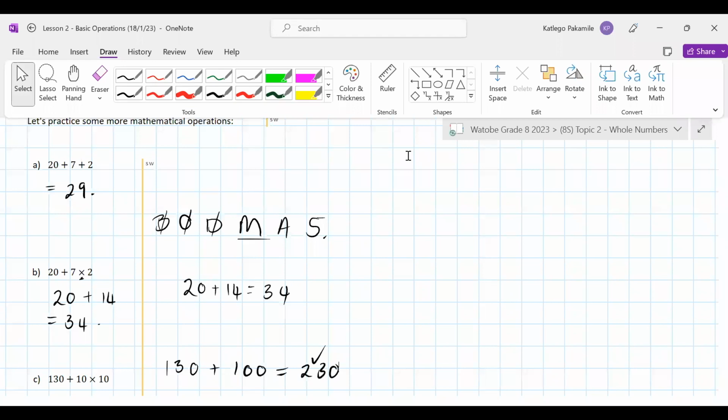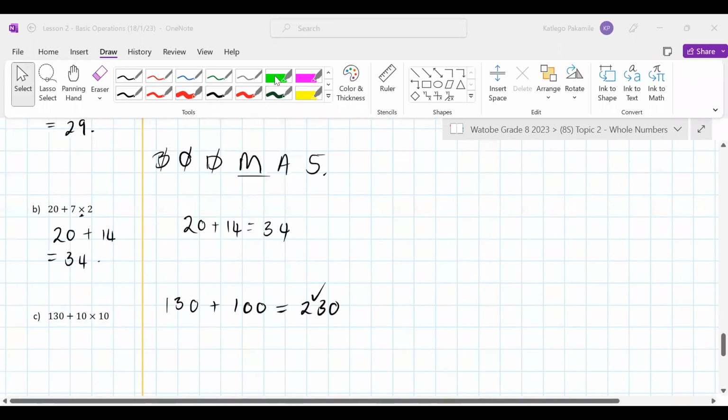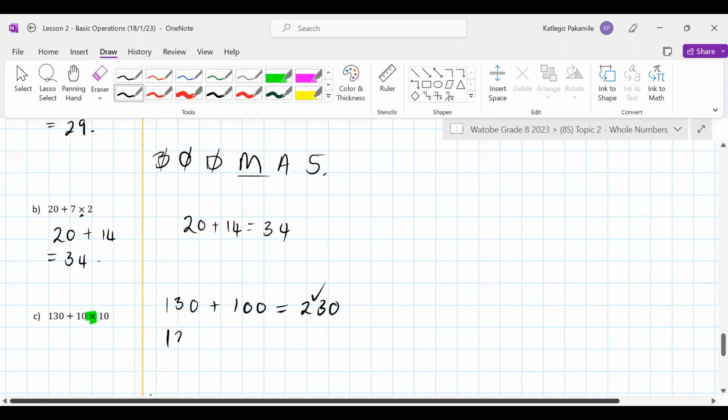Everyone who got 1,400 made the same mistake. Remember BODMAS, we're going back to BODMAS. This lesson is all about BODMAS. It says you have to first multiply before you add. So you have to leave that 130 alone, and then 10 times 10 will be 100, and then you just add the 2. If you got 1,400, I know you said 130 plus 10, which is 140, and then you multiply by 10,